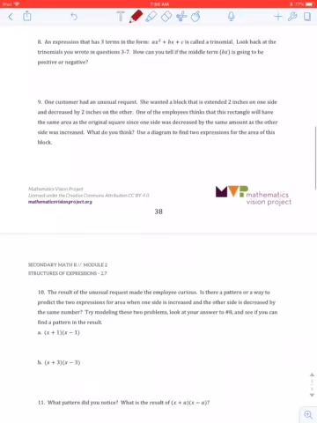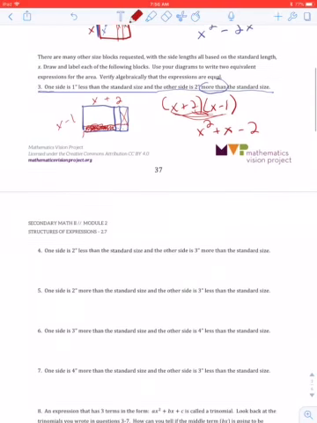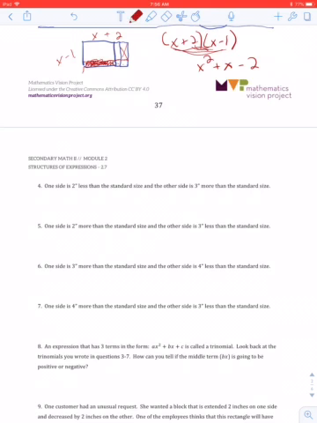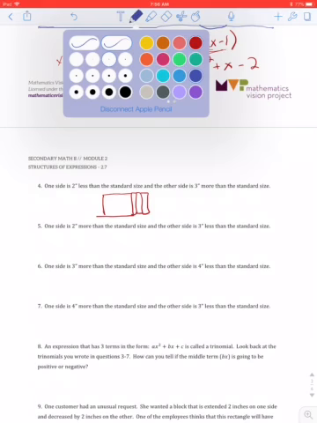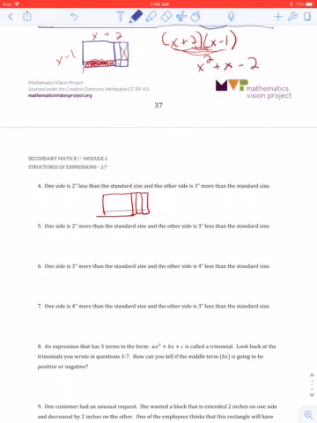Okay, we'll do just one more, and then I think it's kind of a longer task, but I think you'll be able to work your way through it just fine. One side is 2 less than the standard size, and the other side is 3 more than the standard size. So again, I put the more off the right, and then the less I'll do in a different color. It goes all the way across and all the way across. So here we have X plus 3, and here we have X minus 2. So it'll be X minus 2